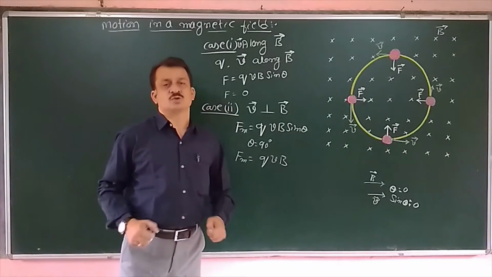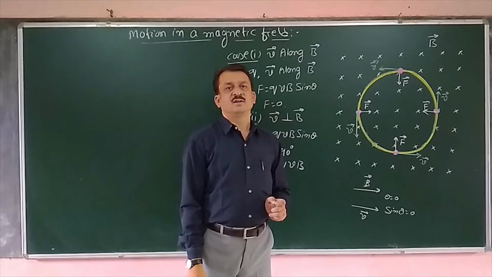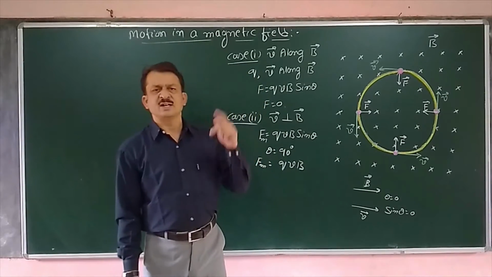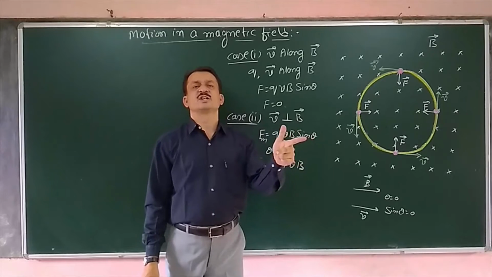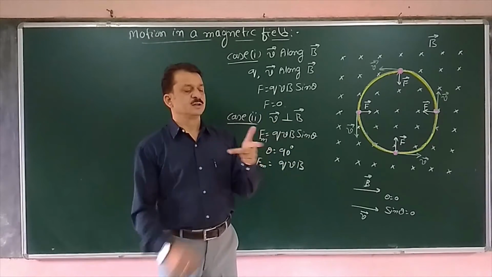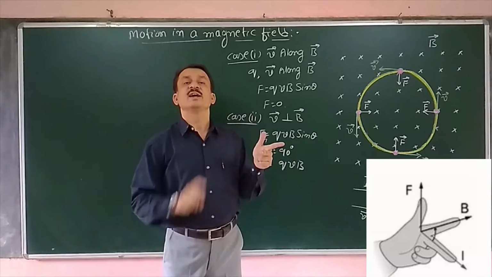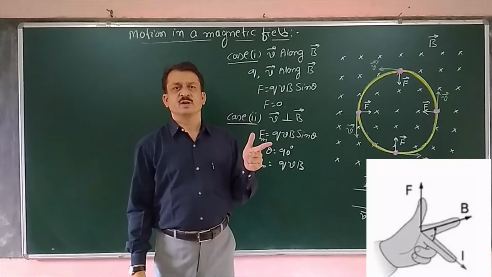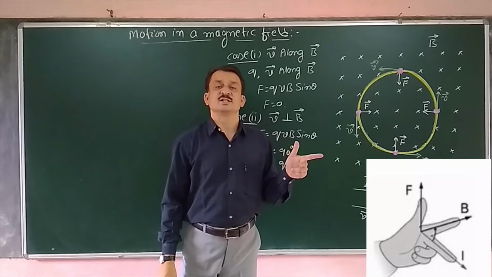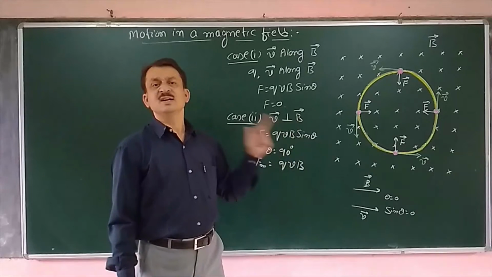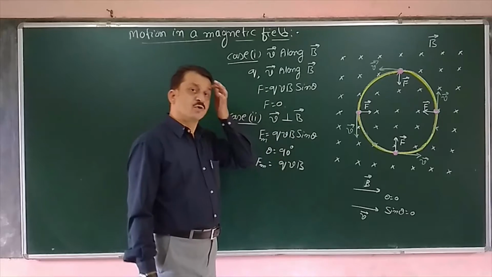Now, what is the direction of this force? Let us see the direction. Now, the direction of the magnetic force here is given by, as we have said earlier, the left hand rule. If you stretch the first 3 fingers of the left hand, the forefinger indicating the direction of the magnetic field, middle finger indicating the velocity of the charged particle, then the extended thumb always represents the force experienced by that charge. Now, based on that, we are finding the direction of the force here.